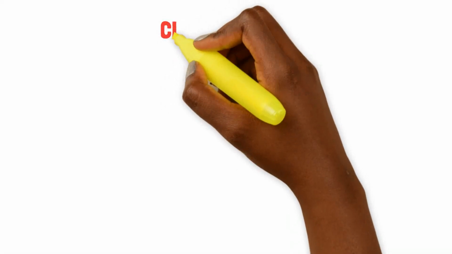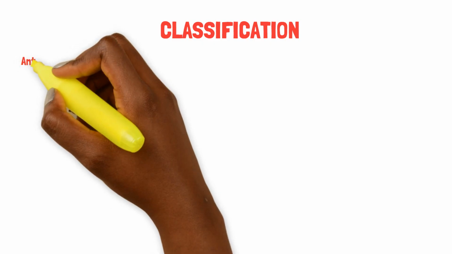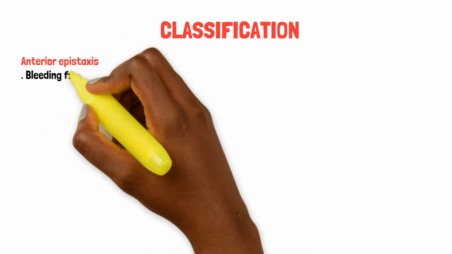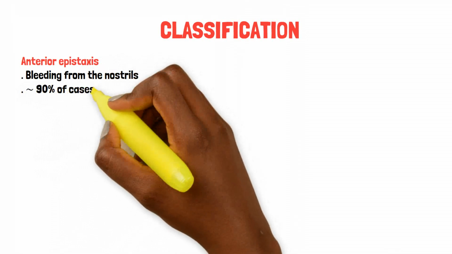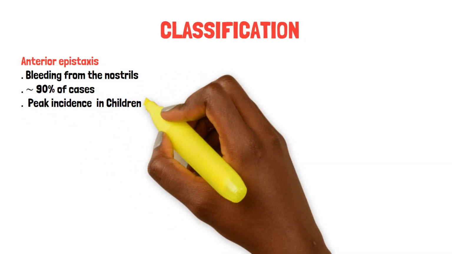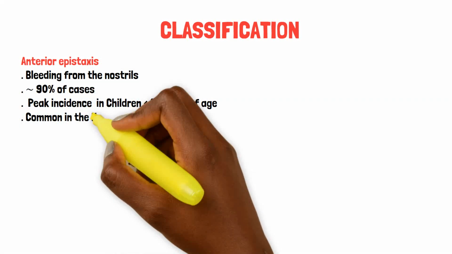Classification of epistaxis. Epistaxis can be classified as anterior or posterior epistaxis. On anterior epistaxis, this is bleeding from the nostril, accounts for 90% of cases. Peak incidence in children is less than 10 years of age, common in the Kiesselbach plexus, which is the Little's